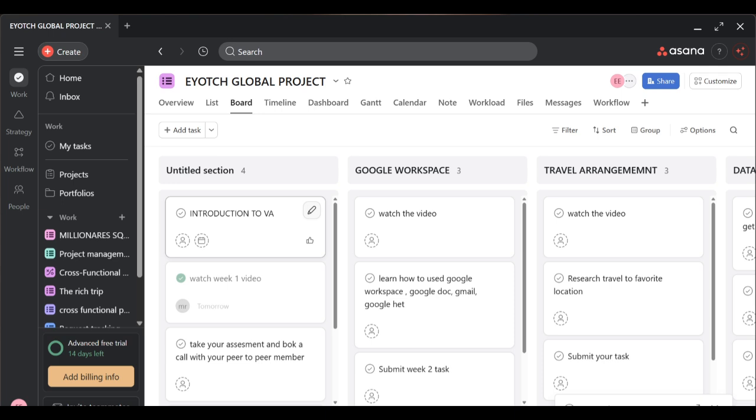Now we also have the project calendar. The project calendar displays all project tasks according to their due dates. Okay, so that's the work of a project calendar. All right. So you can see that